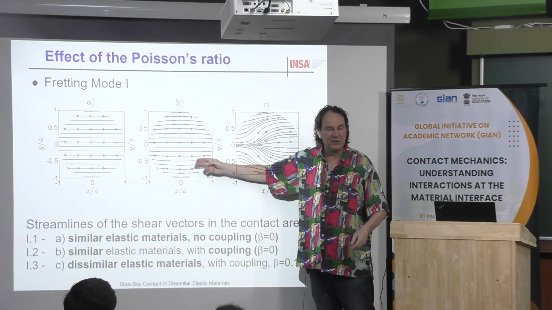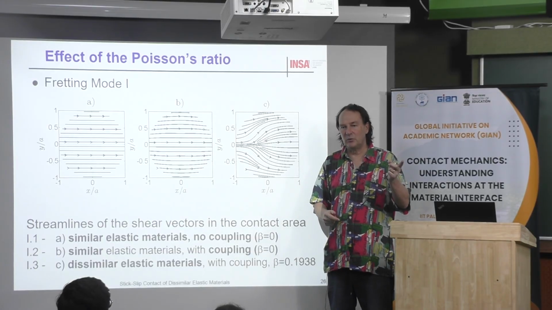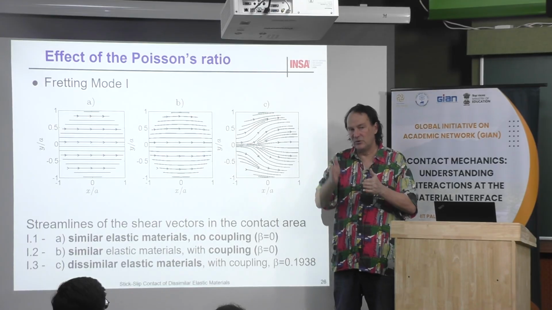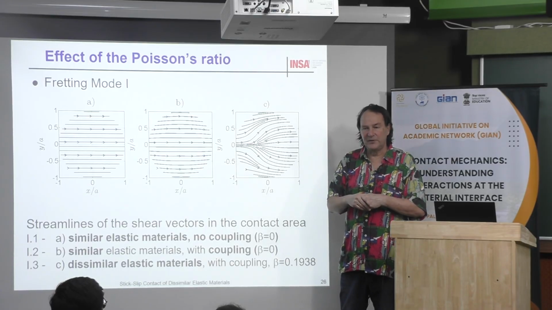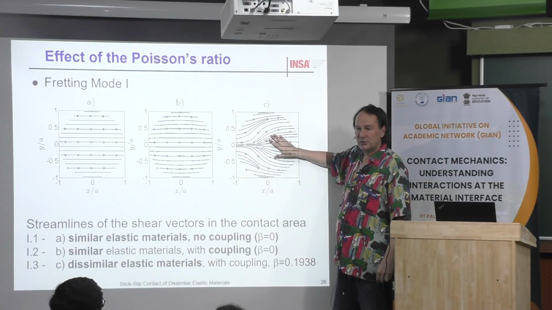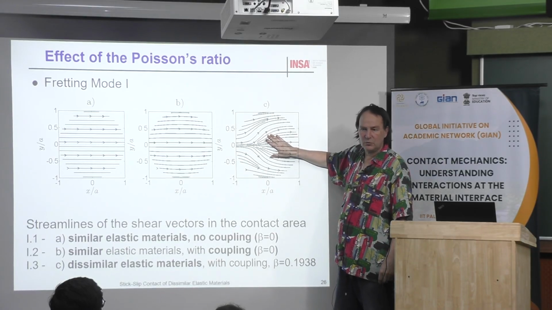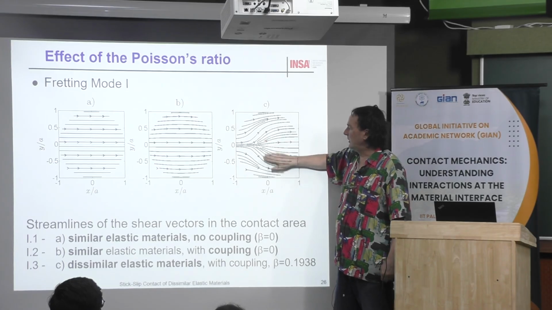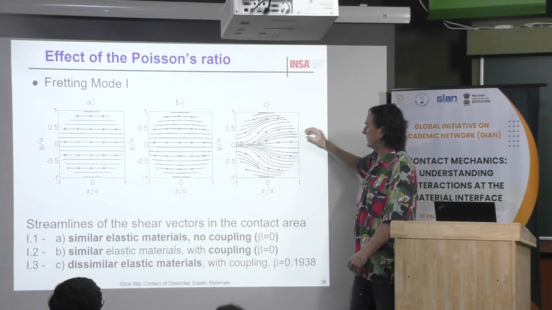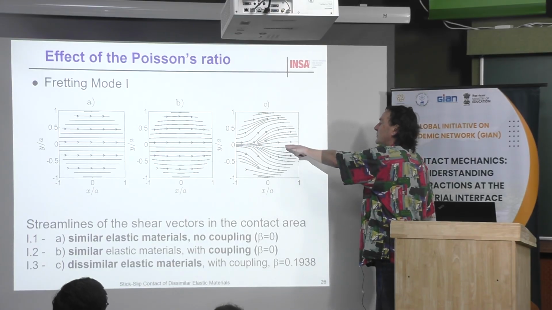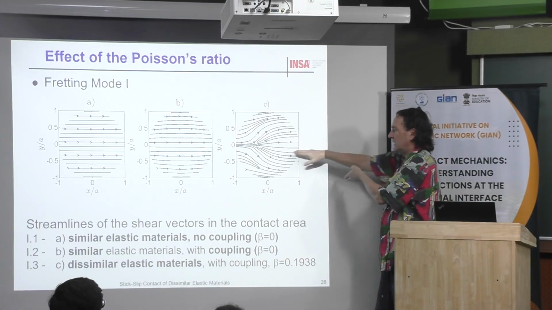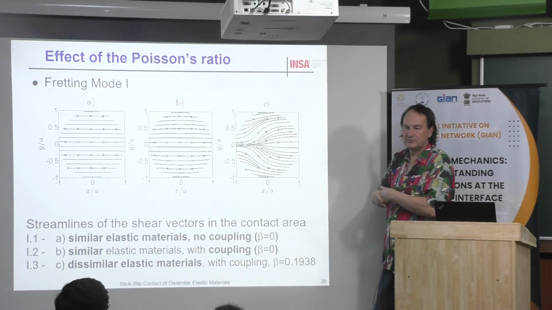And it's more complicated because you have to iterate between the normal contact problem and the tangential one. It takes a long time. It takes more time than just normal and tangential without coupling. But when you have dissimilar materials, you should absolutely use a coupling. You should consider normal and tangential effect. Okay? And here, this is the beginning of the movement. Then after a while, if you are getting at a larger distance, you will have again parallel lines. But this is at the early beginning.